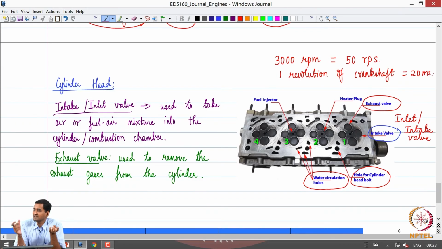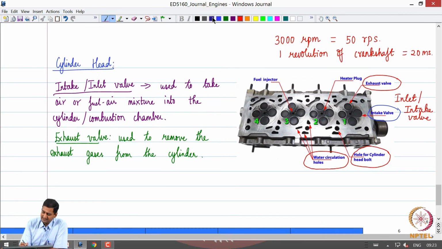So, typically when you start an engine and let us say it idles around 1000 RPM, okay. So, you are going to have around 1 revolution in 60 milliseconds and you can open and close a valve in 30 milliseconds, still it is a small interval of time, right, but as the engine speed keeps on increasing, you are going to have lesser and lesser time to keep on opening and closing the valve, right. So, that presents a unique challenge for us, okay, to essentially control these valves. Okay. So, we are going to learn how these valves are controlled, okay, and